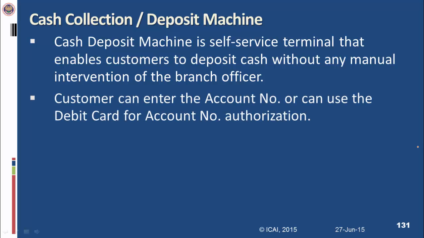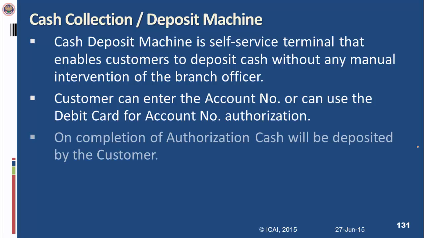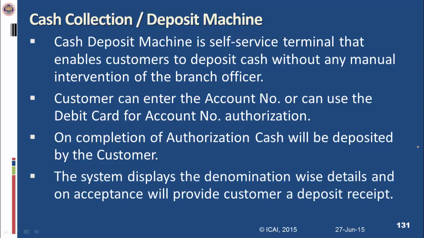different cassettes. The customer can enter the account number or can use the debit card for account number authorization. On completion of authorization, cash will be deposited by the customer. The system will display the denomination wise detail and, on acceptance of it, will provide the customer a deposit receipt. Right now, these cash deposit machines will be opened as a teller in the general ledger system, so that in that scenario we can verify the balance available in the general ledger